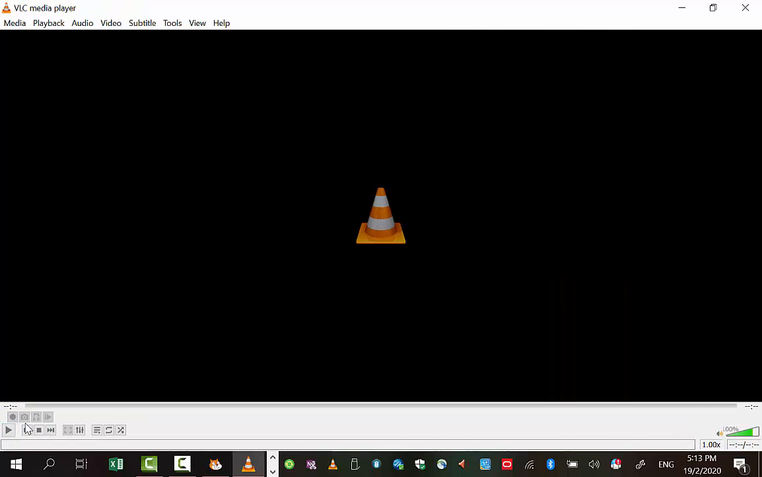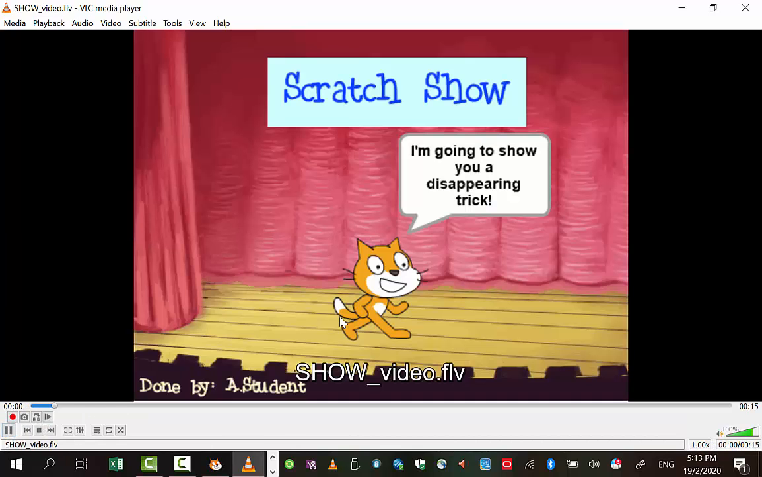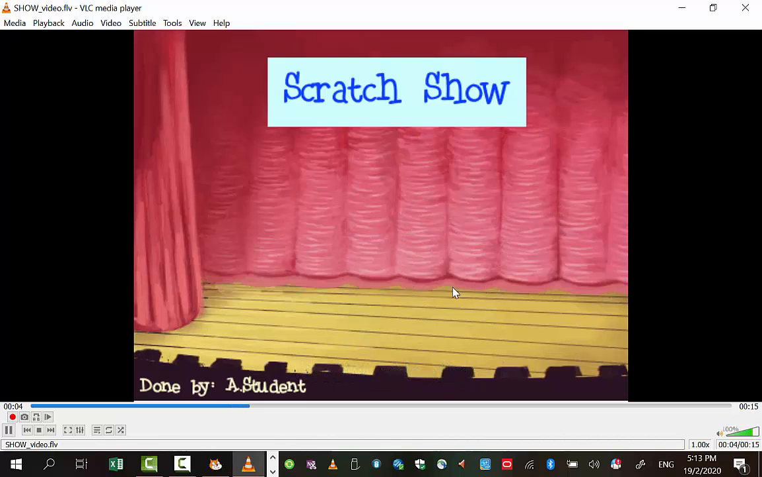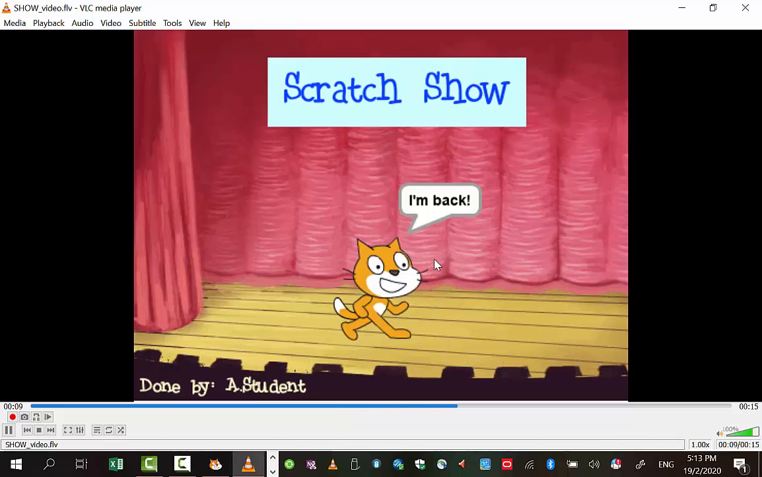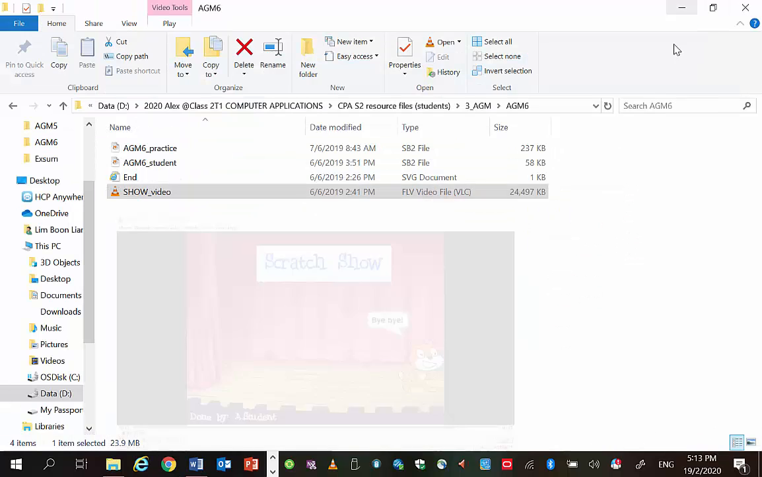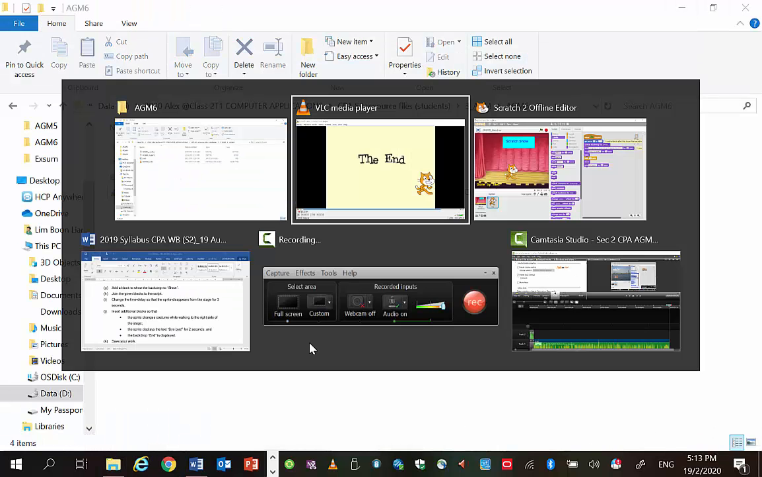Let's take a look again. The cat says, I'm going to show you a disappearing trick. Are you ready? Disappears for 3 seconds. The cat appears again and says, I'm back. Walks to the edge of the stage. Says bye-bye. So in other words,